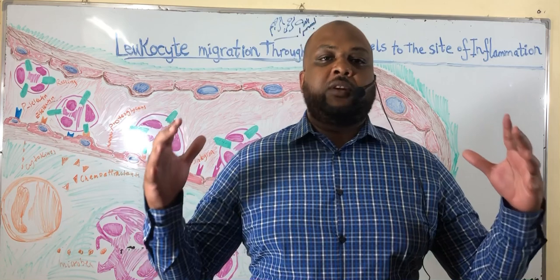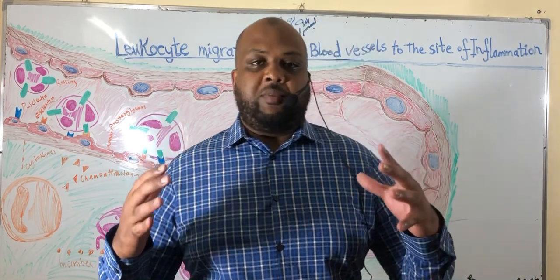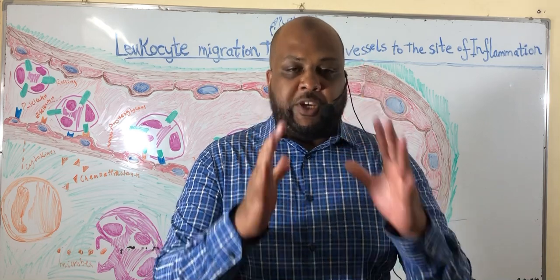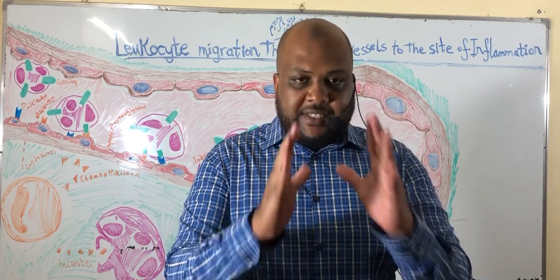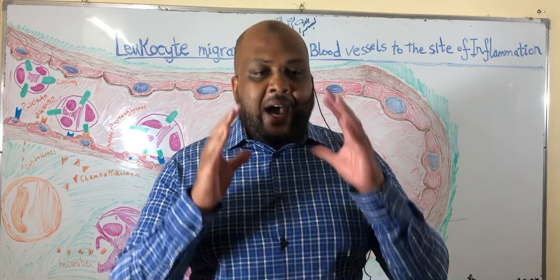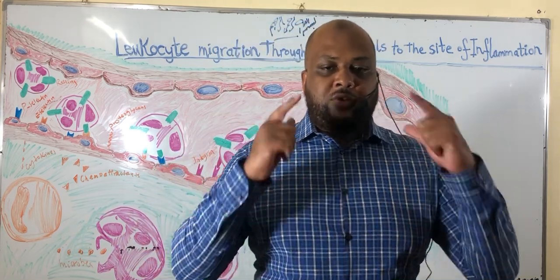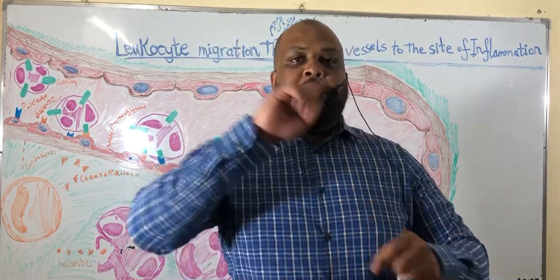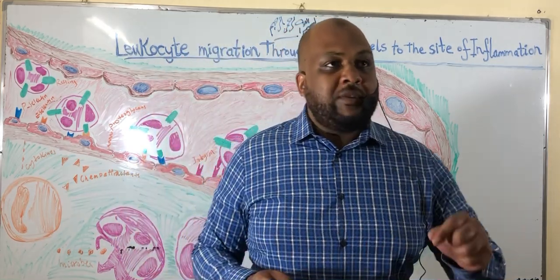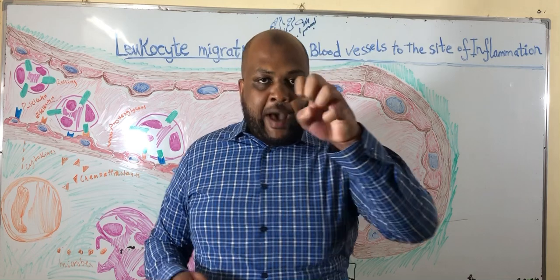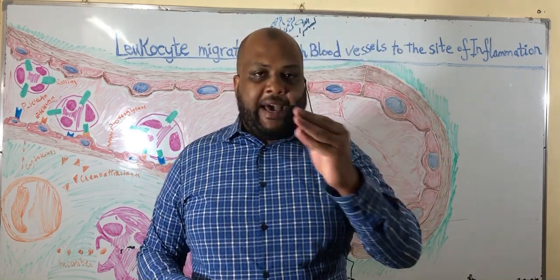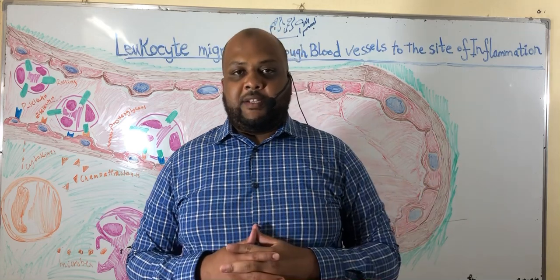So we need the leukocytes to come from the blood and arrive specifically and particularly to that particular site of inflammation. How do the leukocytes know that we need to stop here? You know, blood flow is very rapid. So how does the site of inflammation grab these leukocytes and cause them to leak out from the site of